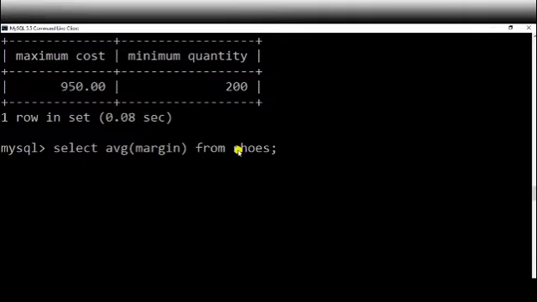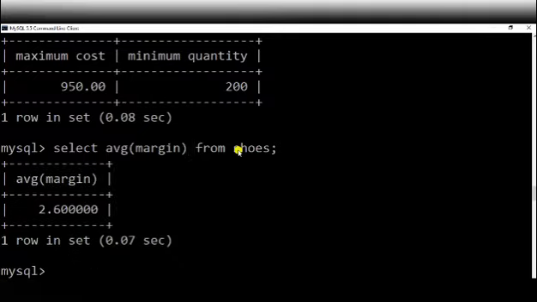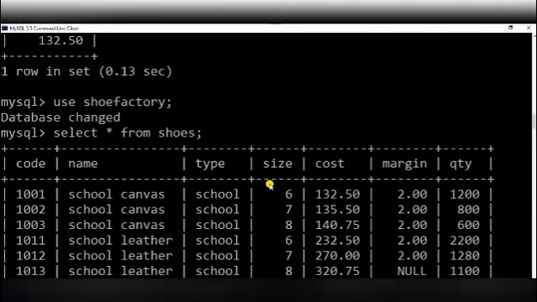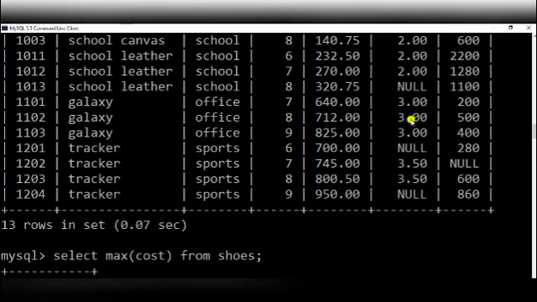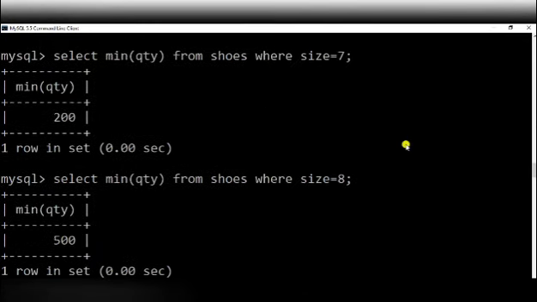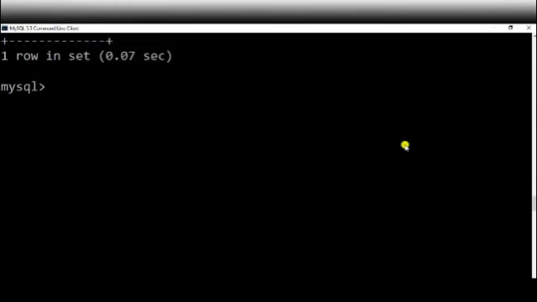Average is the sum of values divided by the total number of values which are there. So 2.6. If you see this, it has added all the values and divided by the total number of values, excluding the null. Null is not considered. If null is considered, the whole expression will become null only.